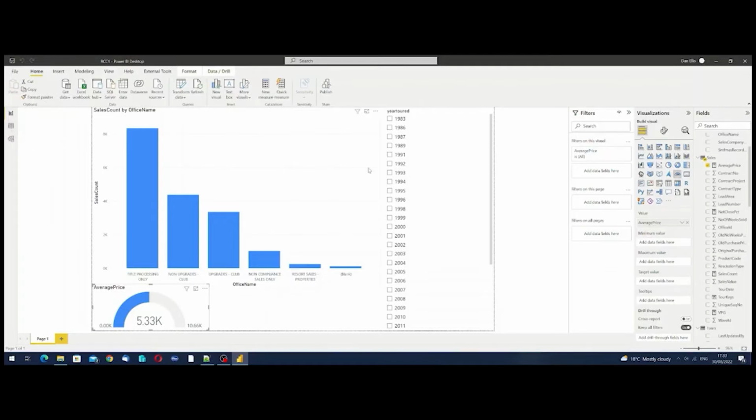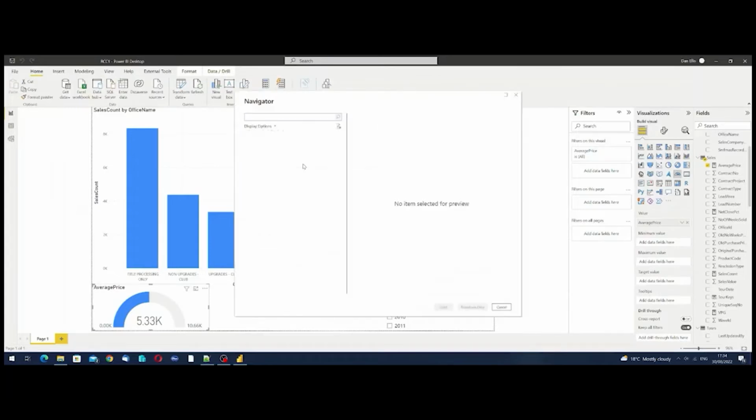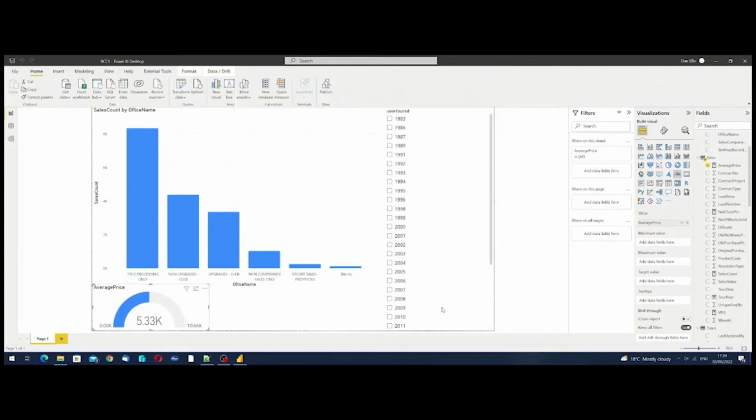So if we go in this data set, we don't have a target value for the average price, but we can mix and match data where we get it from. So in this instance, I've created an Excel spreadsheet with a value for the target price. So if we go into the Excel, select this Excel workbook that I created, which just has one field in it, one literal value, we can then pick in the total target value and load it,